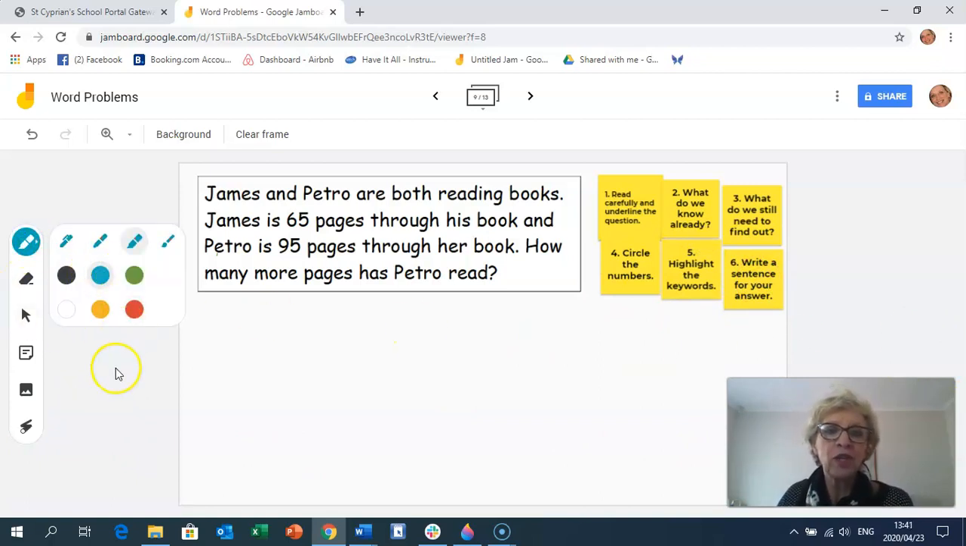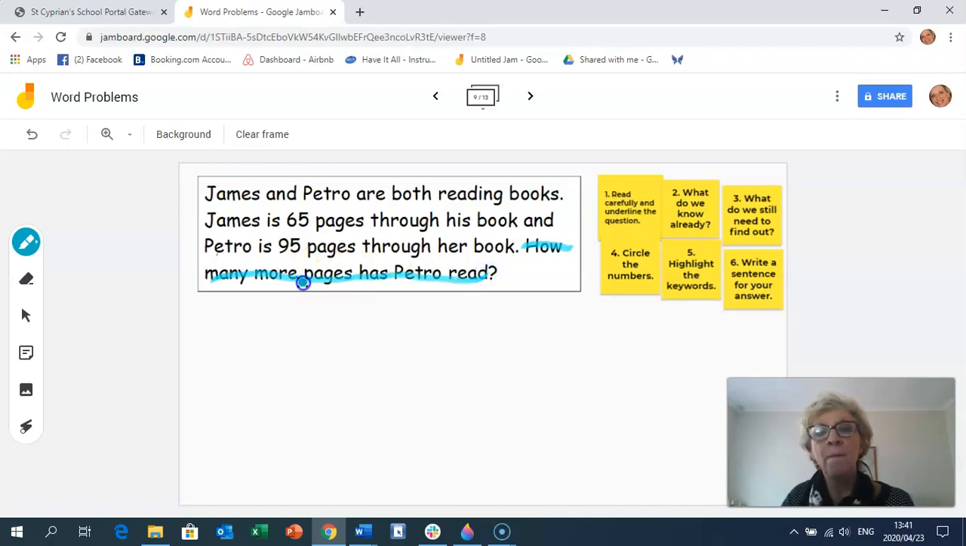So let's read the question. James and Petro were both reading books. James is 65 pages through his book, and Petro is 95 pages through her book. How many more pages has Petro read? So what do we know already, grade 3s? Well, before we answer that question, let's not forget to highlight the question. How many more pages has Petro read? Okay, so there's a keyword, more. Petro has read more pages, so obviously we can see that from